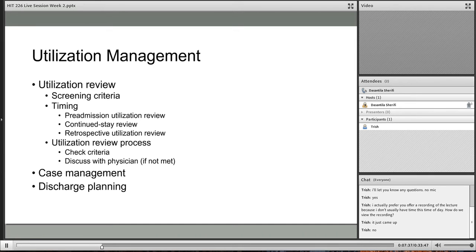Okay, so in either case, what ends up happening is that somebody that's designated to perform that task, whether it's a nurse or a health information management person, and I actually know health information professionals that have worked in that capacity, looks at the documentation, the patient chart, and sees what is documented there. What does the criteria say for admission? Should the patient have been admitted? Oh yeah, they seem to fit the criteria, great.